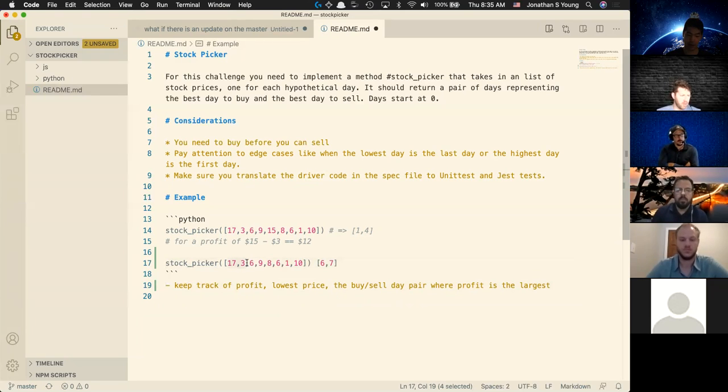If I buy and sell on this day, the current profit is going to be negative 14. I have to keep track of the lowest price. I need to keep track of the buy and sell pair of days where the profit's the largest. What else did you think of when you were solving this problem? I was also keeping track of the index for that lowest price as I was going along. Okay, so I need to keep track of the profit, the lowest price,